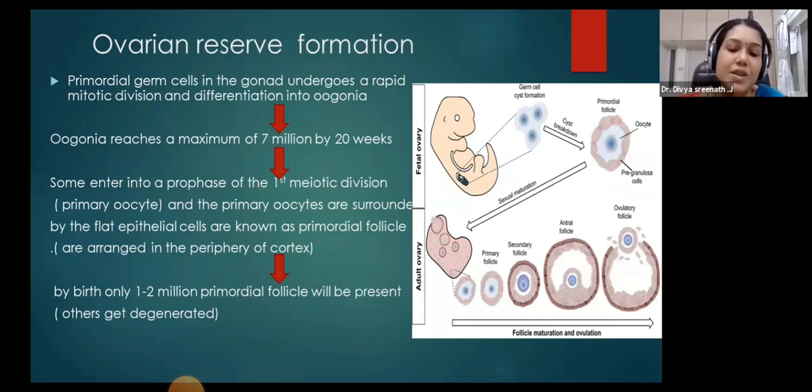It stopped growing. It is like in a resting phase. After puberty, there is also small development in between, but after puberty it occurs in a cyclic procedure. These follicles start to develop, reach their maximum size, and then become the Graafian follicle. After that, ovulation occurs, like a cycle. So the FSH hormone has a role in stimulating these follicles.